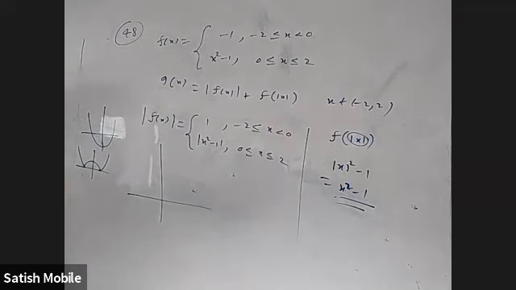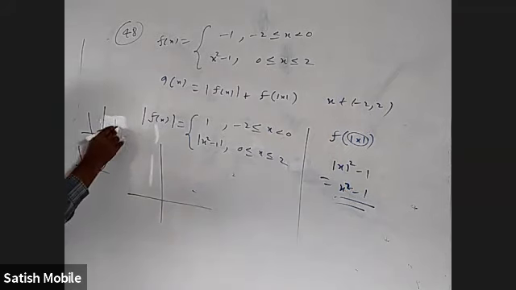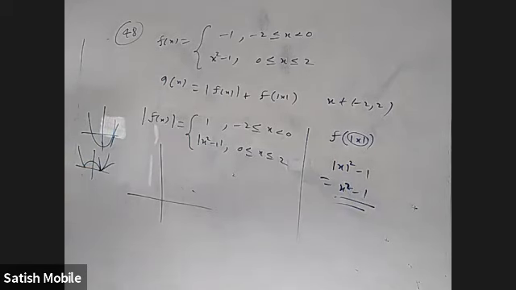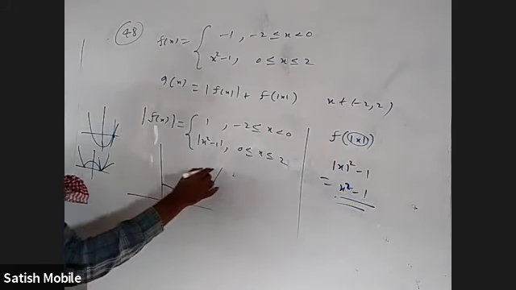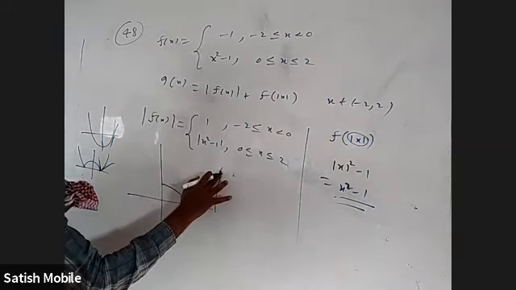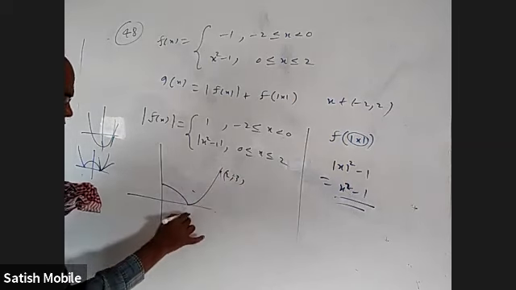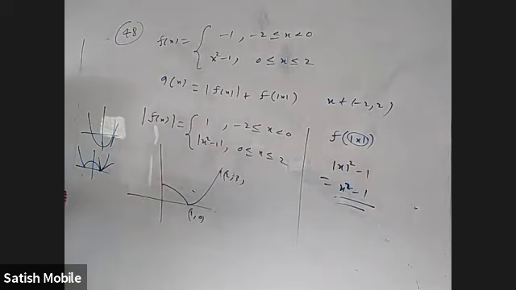Obviously, at these 2 points, it will not be differentiable. Why? Here the tangent is like this. When you apply mod, this tangent is like this, and this down piece became like this. So the slope of this and the slope of this will be different. In fact, if this slope is k, this slope will be minus k. So you found a mirror image. Okay. So these are the 2 points where it is not differentiable, obviously. But I should not take this full graph because my graph is only between 0 to 2. I should take only the right side part. So it is like this and like this. At 2, it is 3. This point is 2 comma 3. This point is 1 comma 0. Okay. At 1, it is not differentiable.